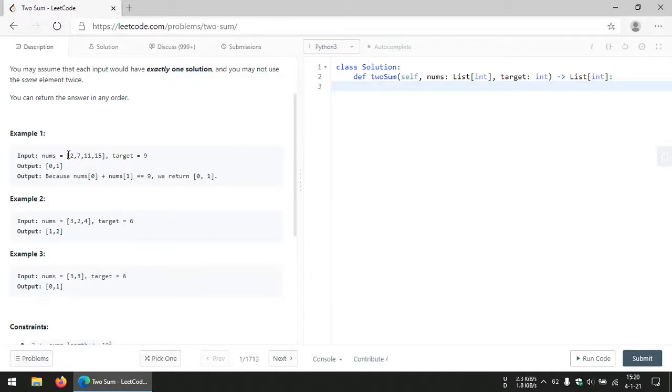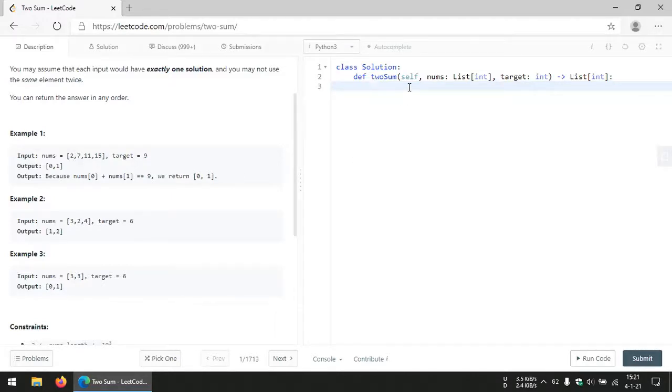So in this case we'll start with 2 and map it to the index 0 in the hash map, and then we move on to the second element, the element at index number 1, and we can see that it's 7, and we check if the complement of 7 exists in the hash map. The complement of 7 will be the target minus the respective number. So in that case it will be 2, and since we know that 2 exists in the hash map, mapped to its respective index, we can just simply return the index of the complement number as well as the current index at which we are.